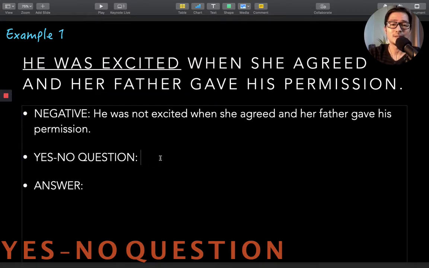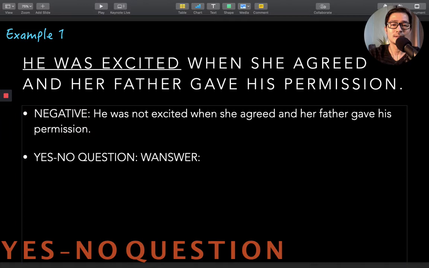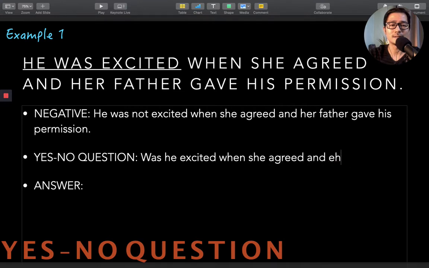Okay, what should we do if our verb, where's our verb? That's correct, it's was. So we just put it at the beginning. Was he excited when she agreed and her father